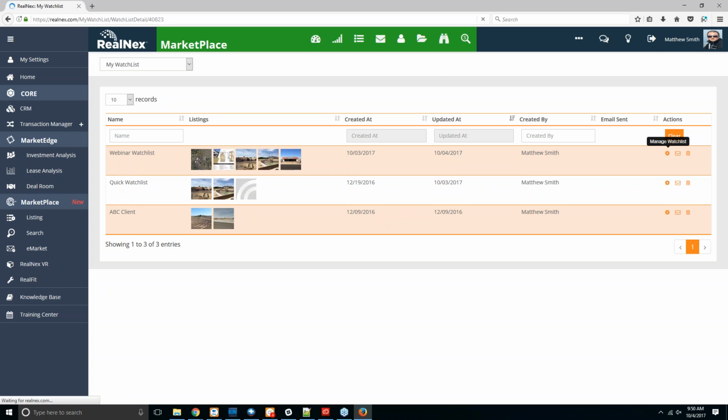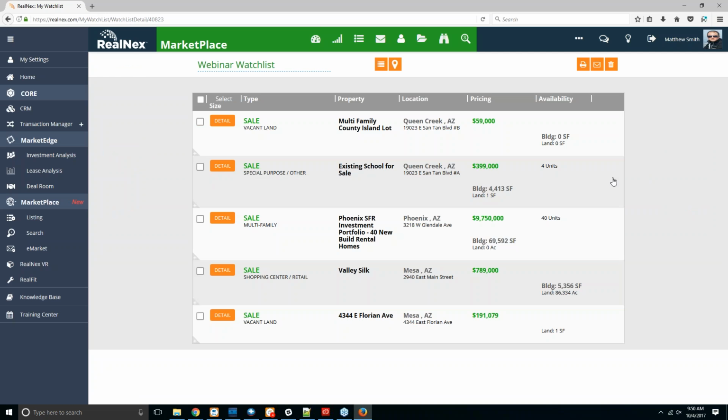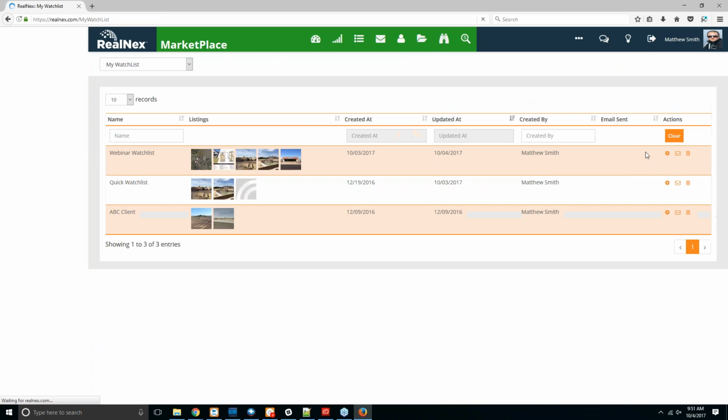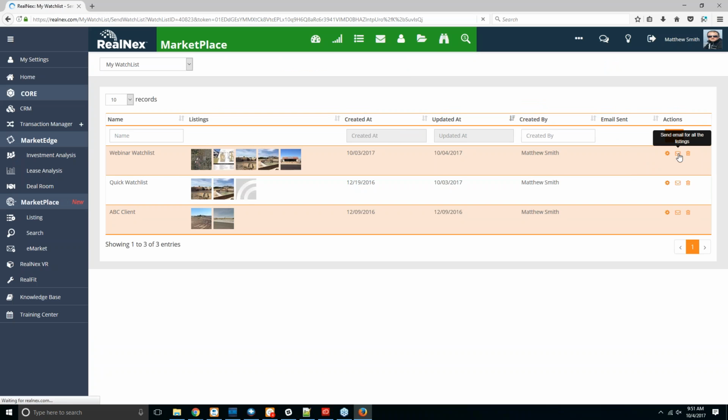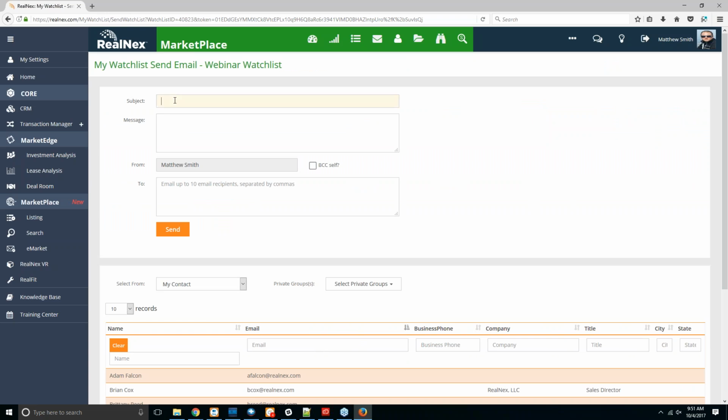So you can click here to manage watch list to remove any listings that you want from there, or even go there to view the specific listings that are in there. And from here you can also view it as a map of those listings. Or you can use this to email those listings to a client. So when you click on the email button, it has a quick email form at the top where you can put